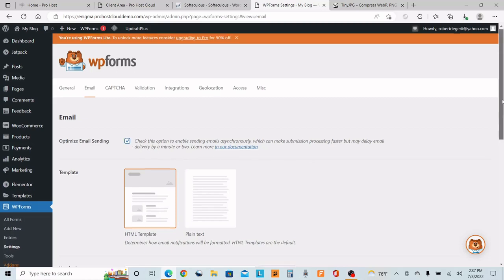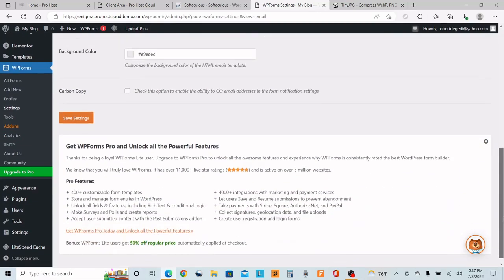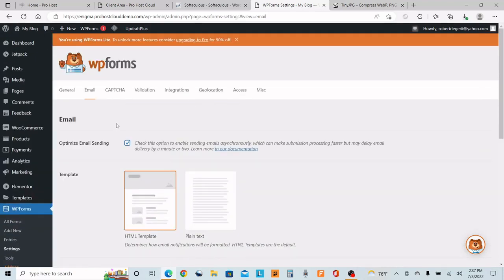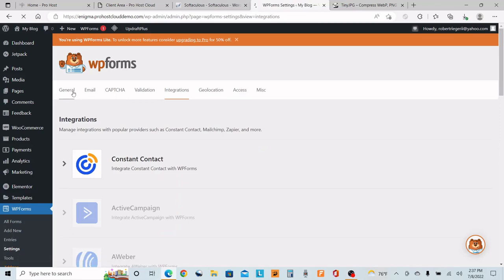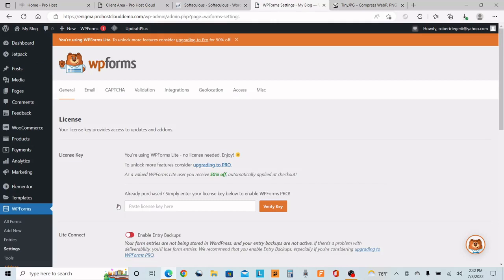All right, so what we're going to do is go into WP Lightform settings, and there's some settings that you may want to check out. You don't need a license fee to use the light